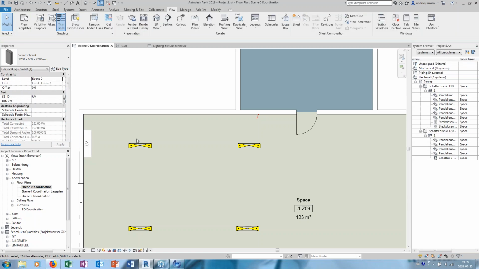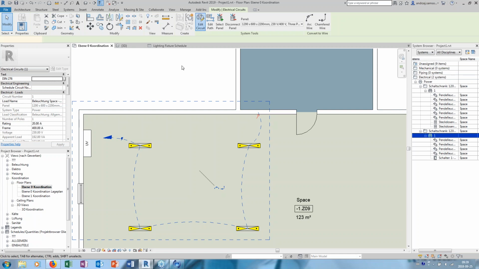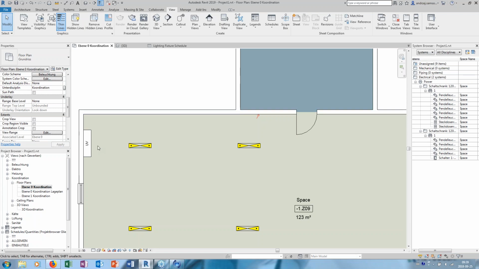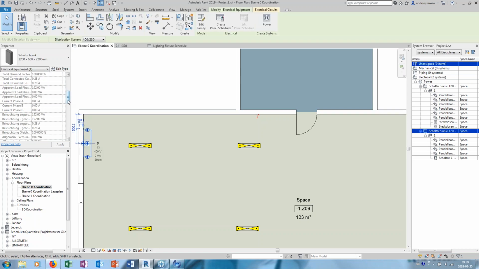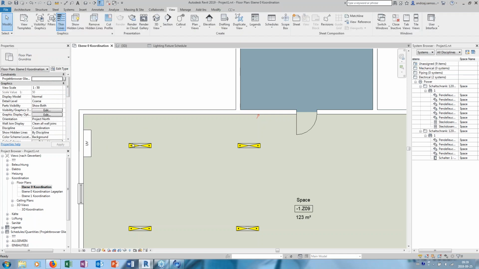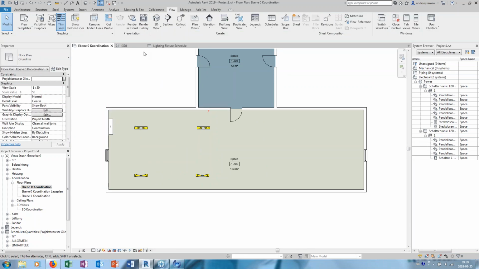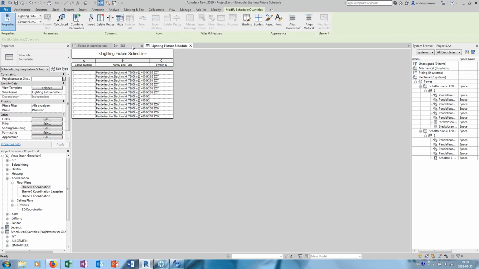So it tells me edit circuit 1. There is some way to change the ID number so it doesn't repeat 1 and 1. But anyways, let me combine them so I can see, for example,